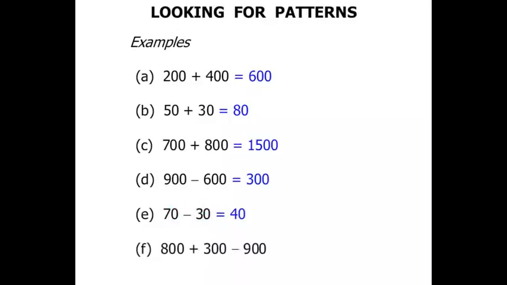And next one, 800 plus 300 minus 900. Right, we're dealing with hundreds, aren't we? So let's think 8 plus 3, that's 11 so far, minus 9 is 2. So let's write the 2 down. We are dealing with hundreds, so at the end, let's put 2 zeros to make it